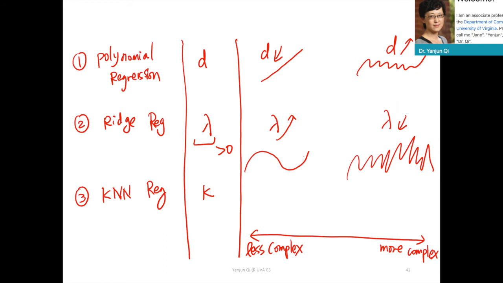We can use k-nearest neighbor classification to show you because it's a little easier. If I have a type of thing like this, with a very large k, I will get very smooth boundaries. But if my